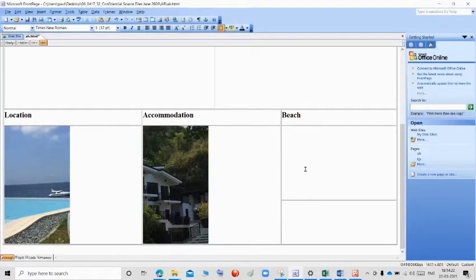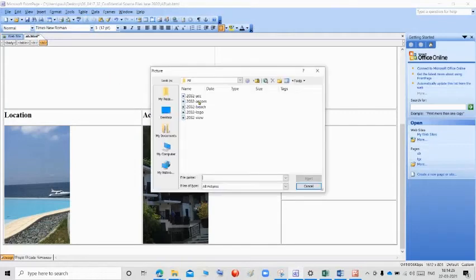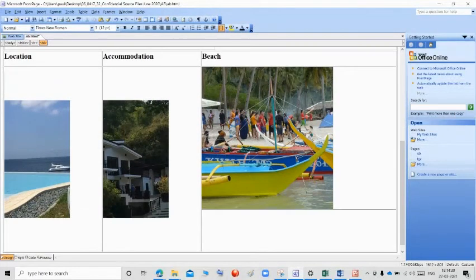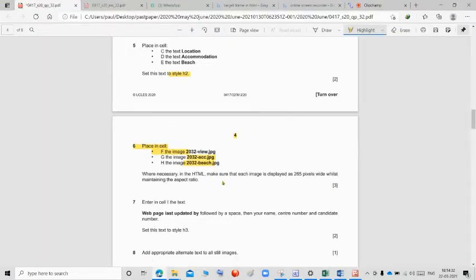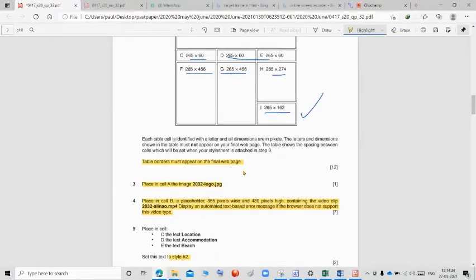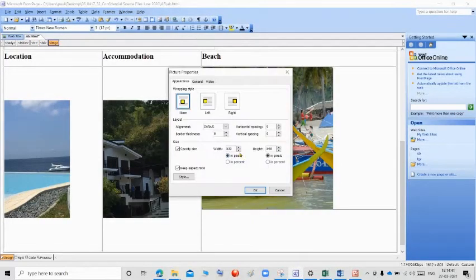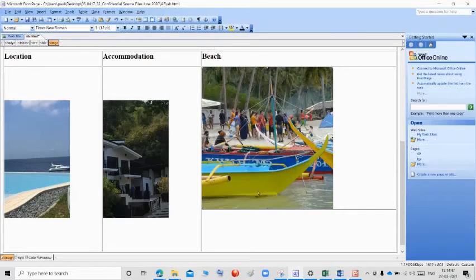This is the H. Go to insert, click picture, go to from file, beach. So the beach is bigger. So we want to give the size 265 by 274 on H. Go to picture properties, 265 and 274 will become. Click OK.